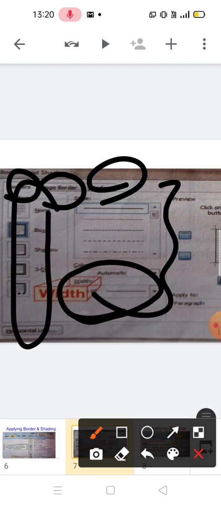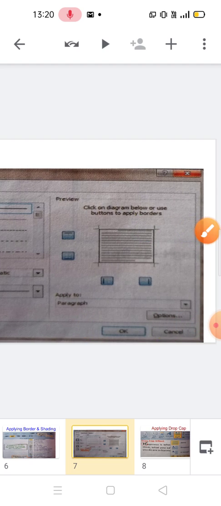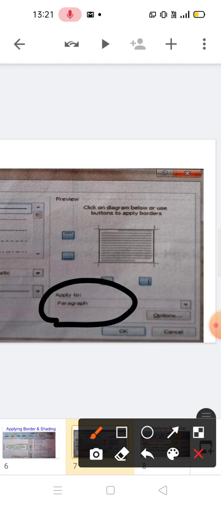Here is the weights. After that you can go to the apply to section and select the paragraph option. Then click on the OK and observe the changes.